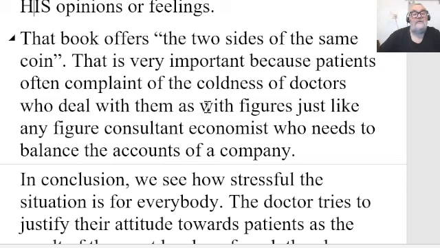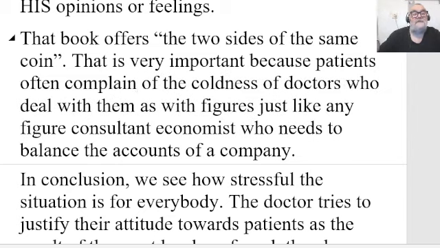So, who deal with them. It's a complaint, but to complain, of the coldness of doctors who deal with them